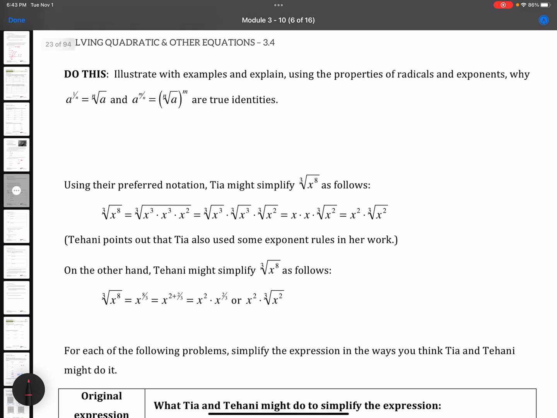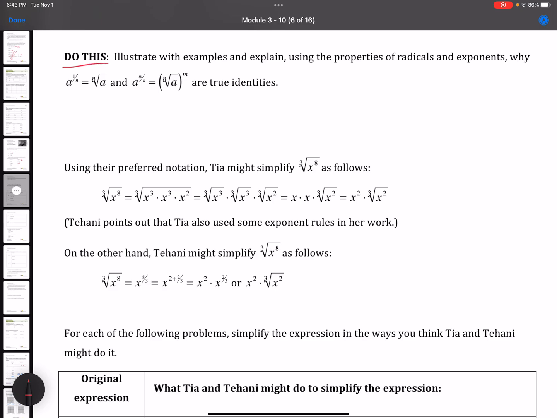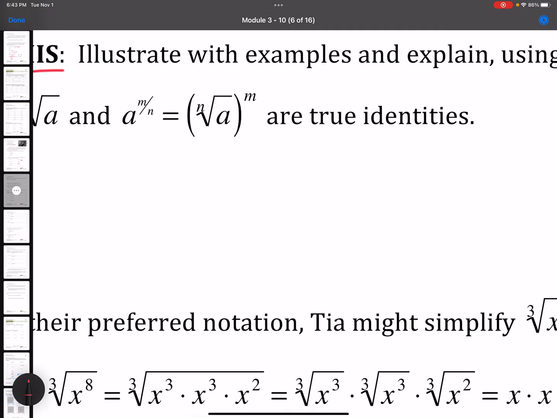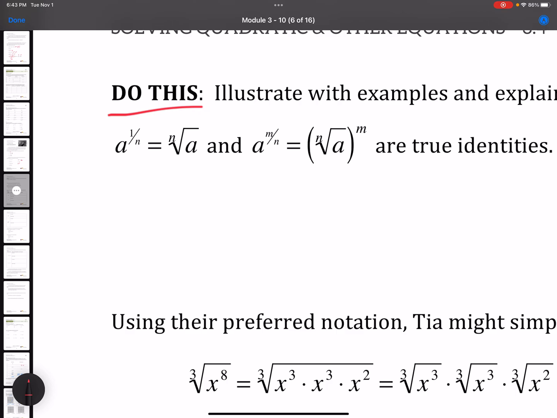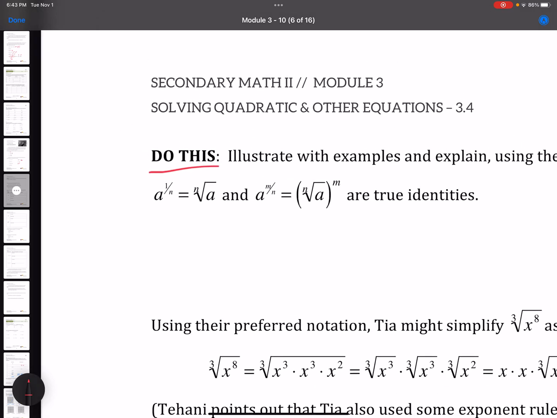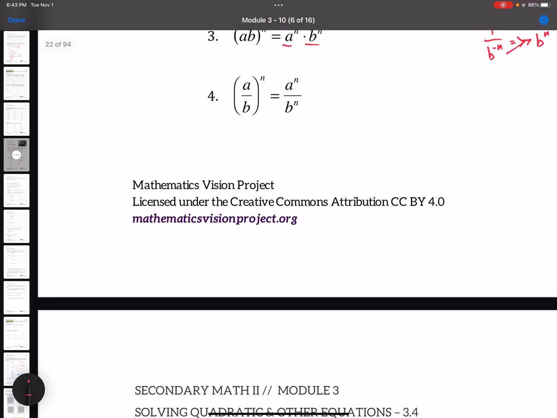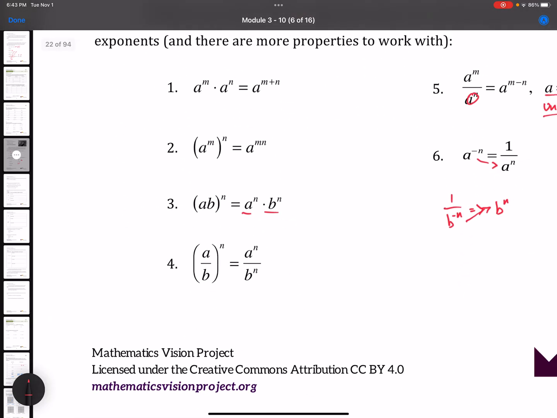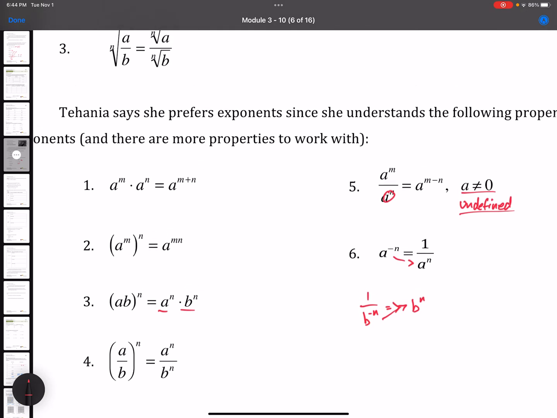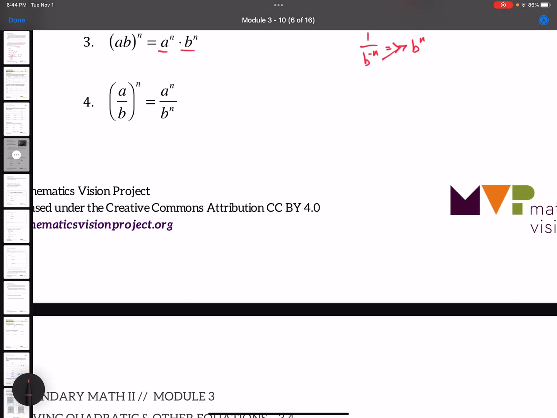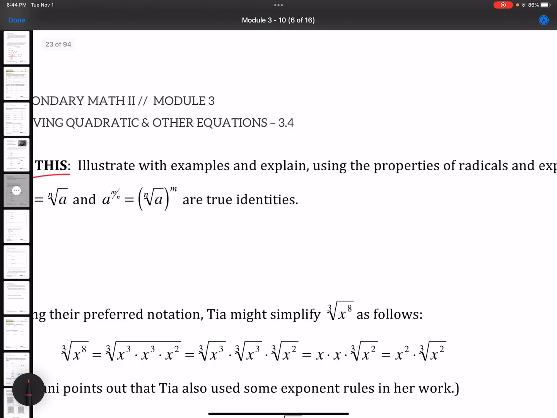Okay, this is now what we will do. We're going to illustrate with examples and explain, using the properties of radicals and exponents, why these right here are true identities. So basically what we're looking at is if you have a to the 1 over nth power, let's look back up here and see if there are any of these properties that will help us out. There aren't a whole lot up there. But